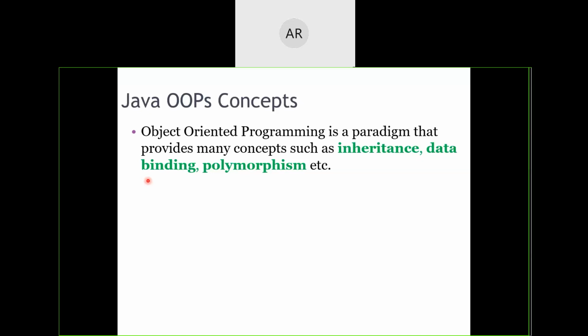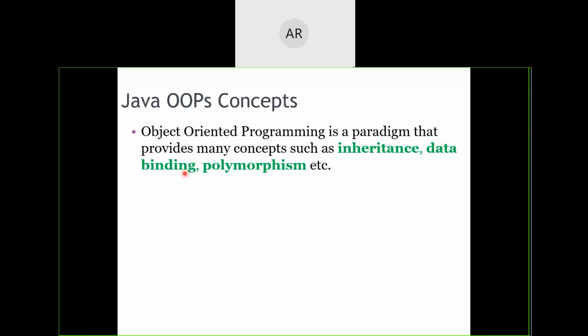This part is called binding. It may be static binding or it may be dynamic binding. So there are two types. When the first object and the second object, or one function and another function, are related or linked together at the time of compilation itself, at the time of the error checking mechanism itself, then it is called static binding. And if the two objects or two methods are linked when the program is getting executed, then that binding is called dynamic binding.